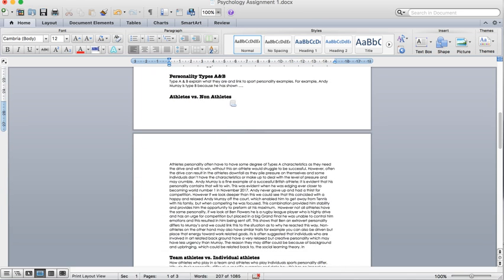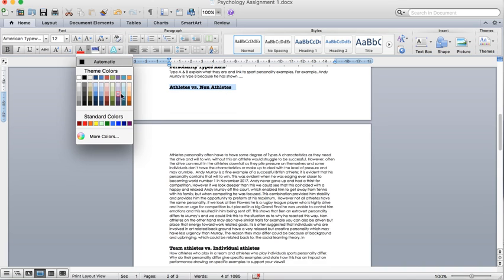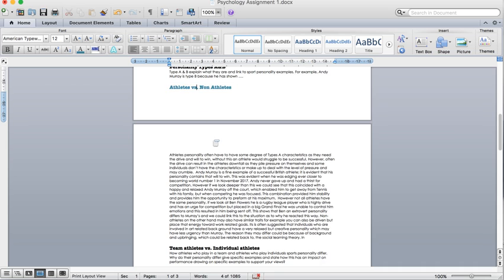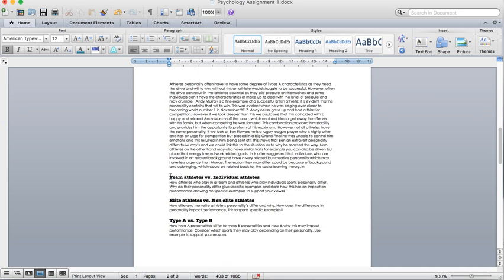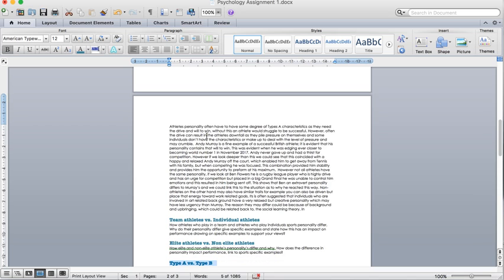Then I've done athletes versus non-athletes, and this bit here is quite important. So when you get to these bits, and I'll just highlight them on this video now, let's just do them as blue for instance. These bits here are the bits where you can potentially pick up your distinction criteria. But it requires you to go into quite a lot of detail, because we're evaluating personality and we're linking a lot of theories into this, we're linking examples into it, and we're making judgments.